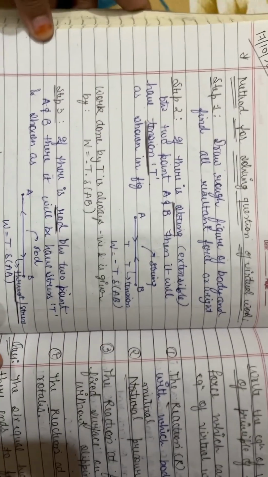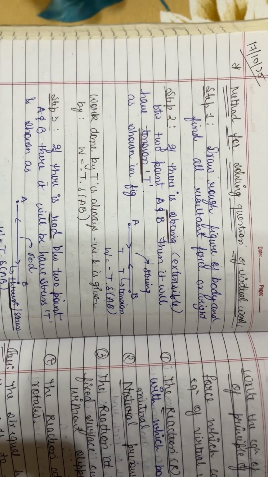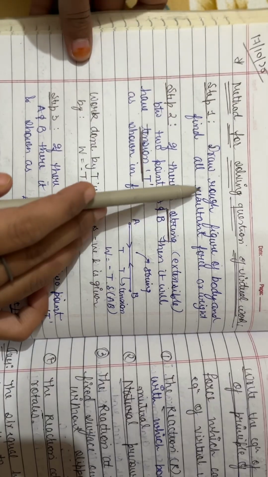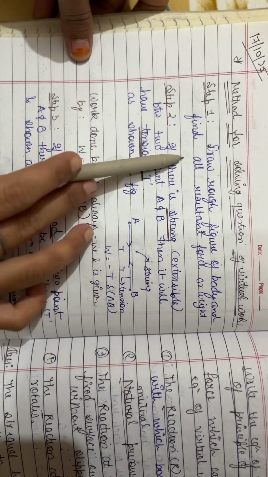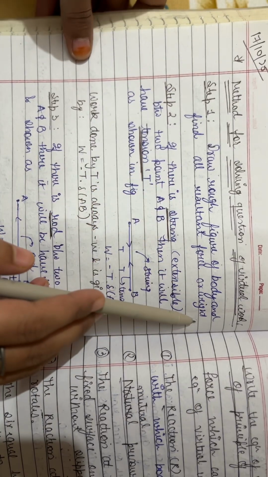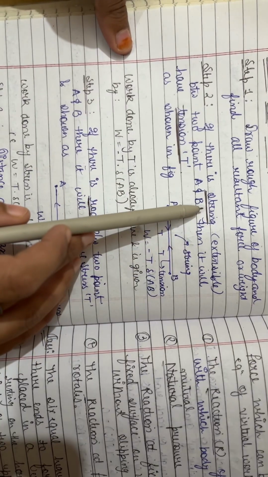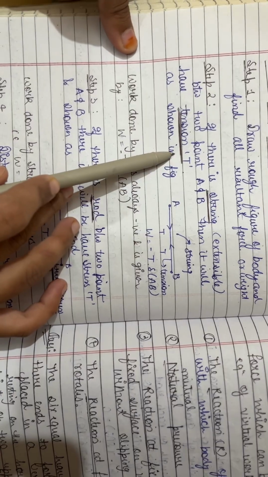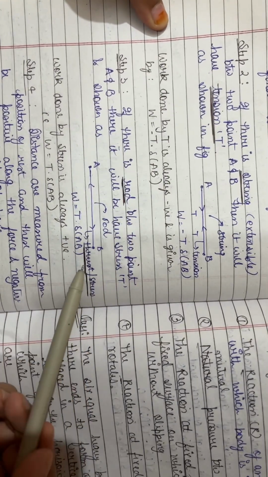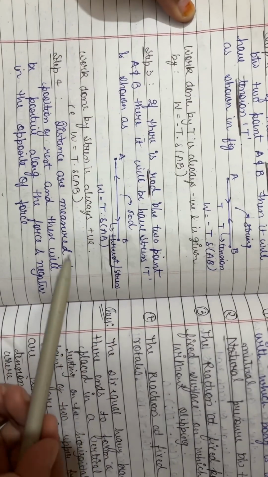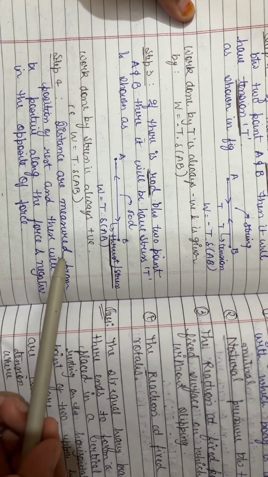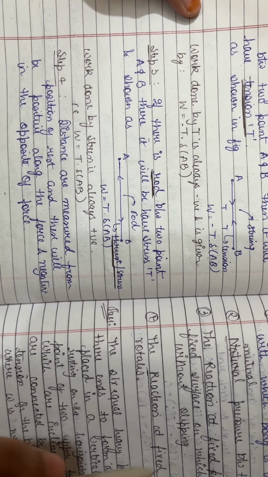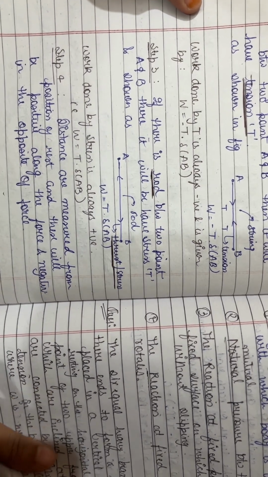Now we will move towards how to solve the questions of virtual work. So we will draw a rough figure of a body and find all resultant forces or weights. If it is specified in the question that we have taken a string, then it will apply tension. If we have taken a rod, it will apply a thrust. Distances are measured from the position of rest, and these will be positive along the force and negative in the opposite direction.